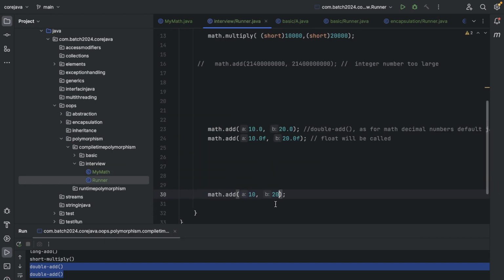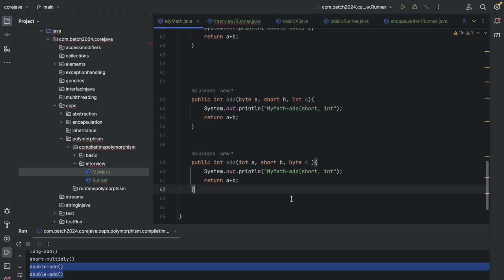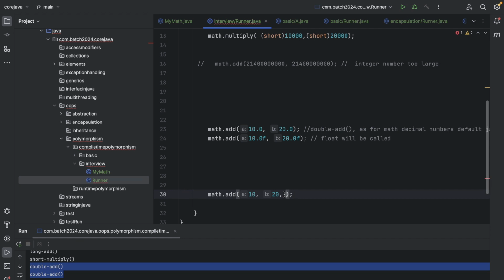But we have to change the sys out also. Sys out is the same. Okay: byte, short, int, and int, short, byte. Right. Then if I try to add 10, 20, 30, okay,